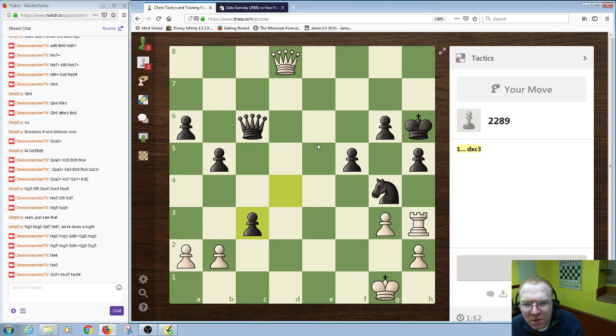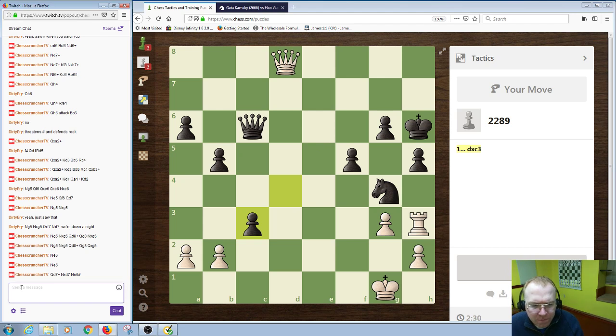Boy, I'm trying to figure out, looking at all avenues of infiltration with our queen, with our rook. I'm looking for sacrifices. Do you see anything, guys? Let's take a look here. Okay, if queen h8 check, king